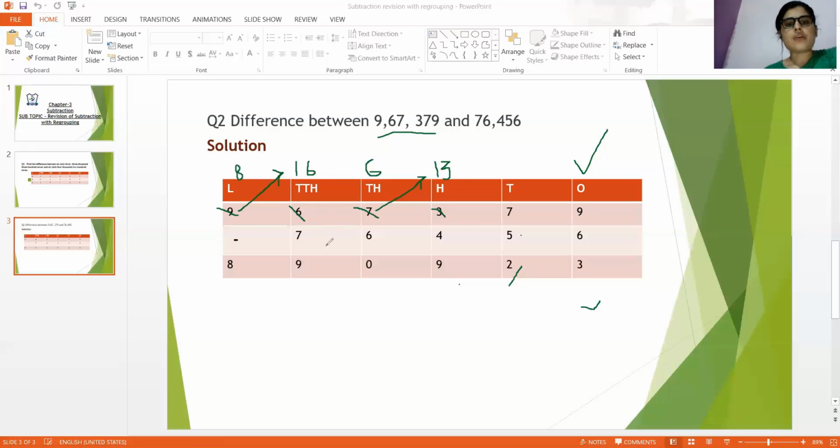Okay. So now take away 7 from 16. Take away 7 from 16. Yes. 8, 9, 10, 11, 12, 13, 14, 15, 16. Now how many fingers I have? Counted? Yes, take your time. 9. So I will write here 9. And here at lakhs place we have only 8. So we will write here 8. So this is how we can find the difference of two numbers. Thank you.